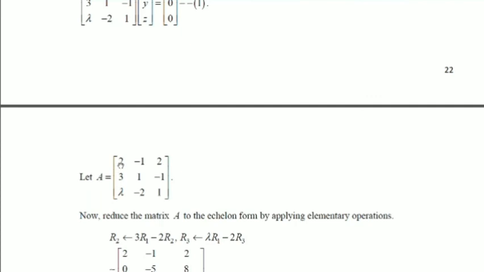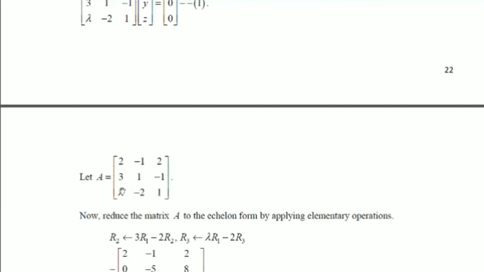Now if you want to make the entry below this 0, here we are having 3. So I'll multiply this by 2 and this by 3. So 2 3s are 6, 3 2s are 6. 6 minus 6 will give you 0. So I'll multiply the first row by 3 minus the second row by 2. 2 into 3, that gives you 0.